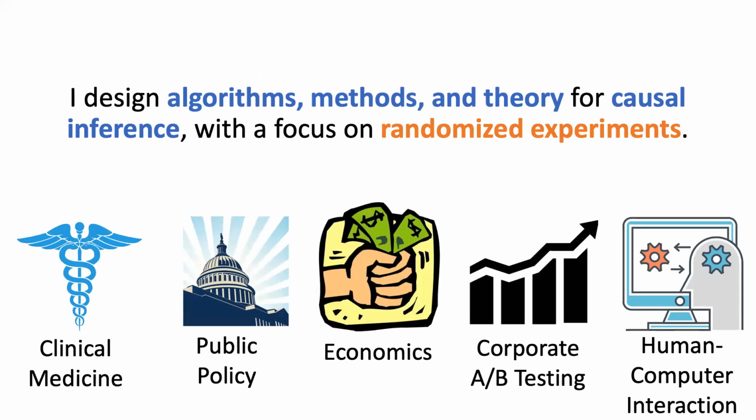And the empirical evidence that's gathered in these disciplines through randomized experiments informs some very consequential decisions that we make, like which medicines get prescribed, which social programs get implemented, and which corporate strategies that we